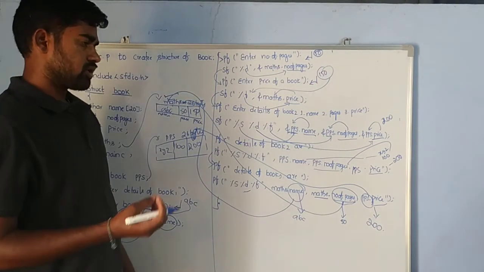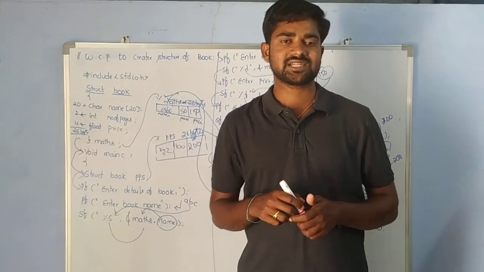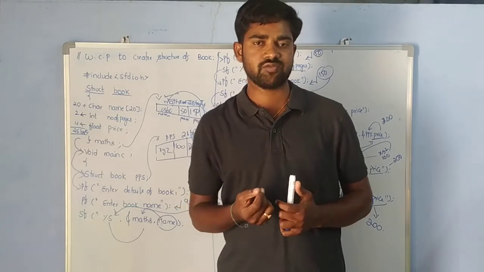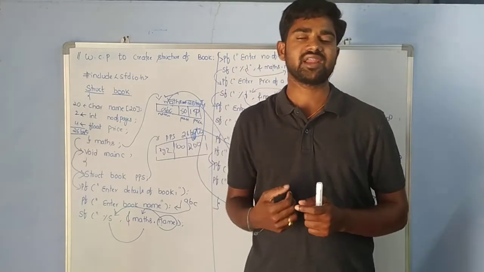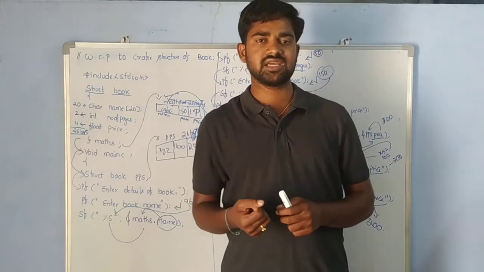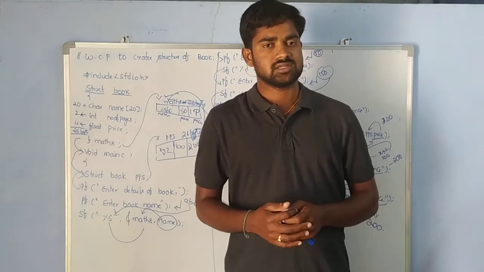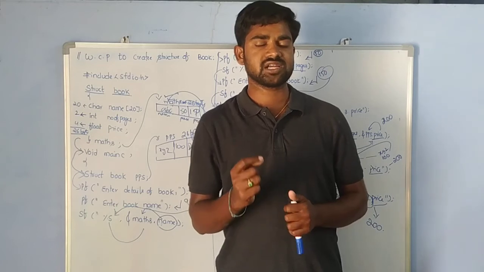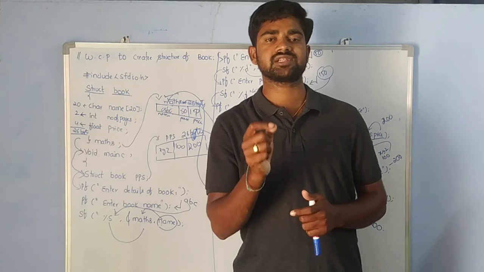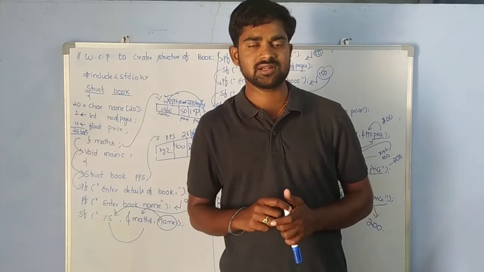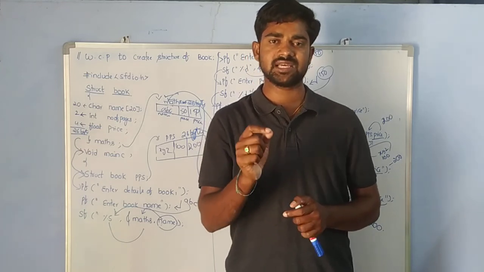Here we need to learn two more things. What are those? How do we create a structure, by using which keyword? We need to create a structure by using the keyword called struct. How can we access the data of a structure? By using the dot operator, we can access and store the data in the structure. Memory allocation is done whenever we create a variable for the structure; only then will memory be allocated to that particular structure. Is the structure user defined or predefined? Definitely, the structure is user defined.